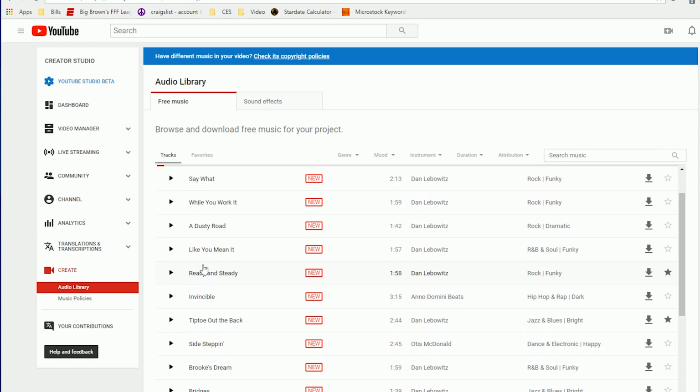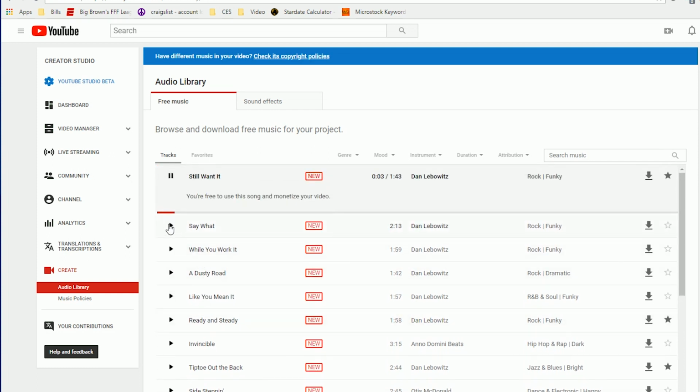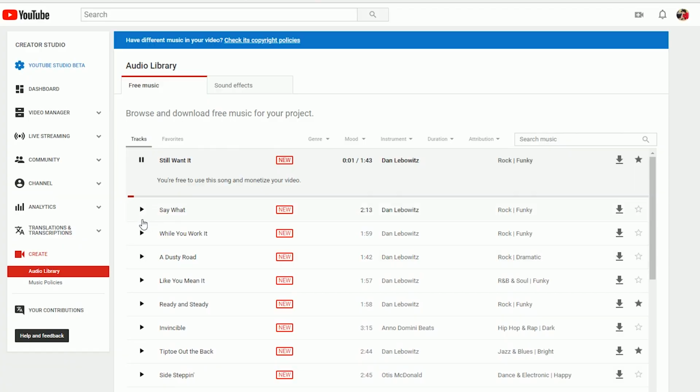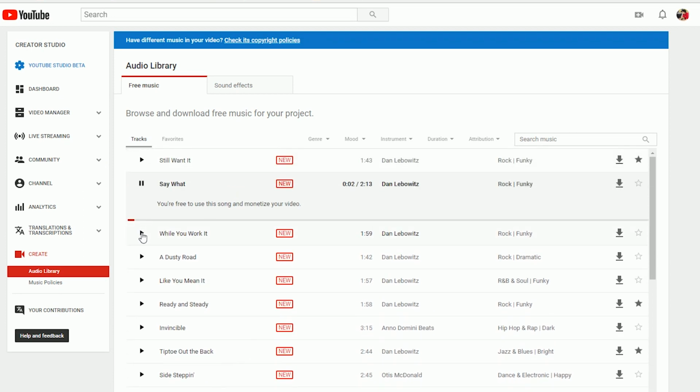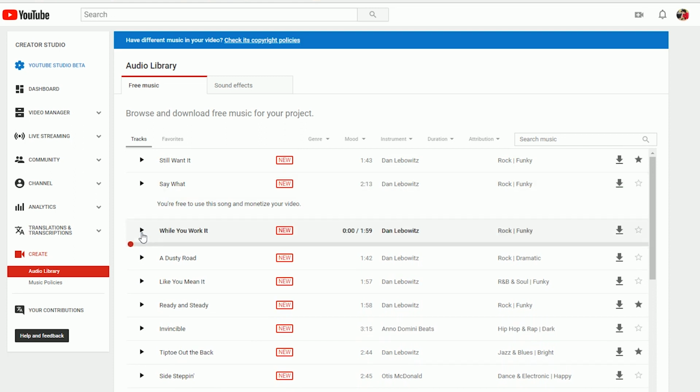And as I listen through each of these, I will find out which ones I like. And if I download that particular piece of music, I would just toggle the star on, just to ensure that I know that I downloaded that piece of music. That way I won't re-listen to it. And occasionally I would come back in here and check out if there's any new music that